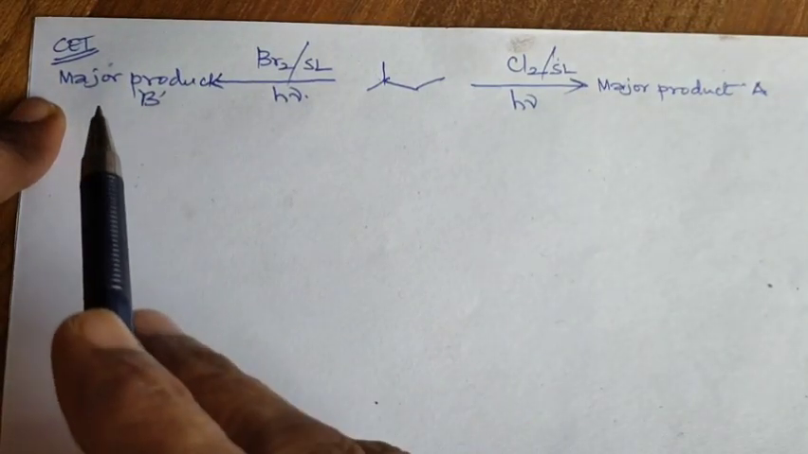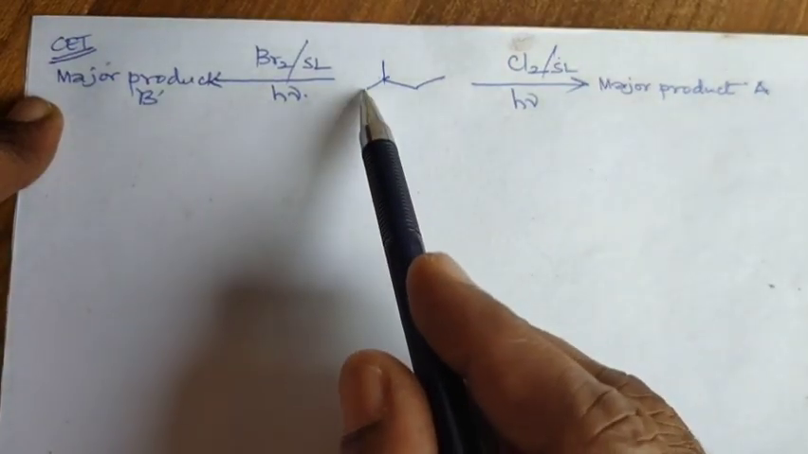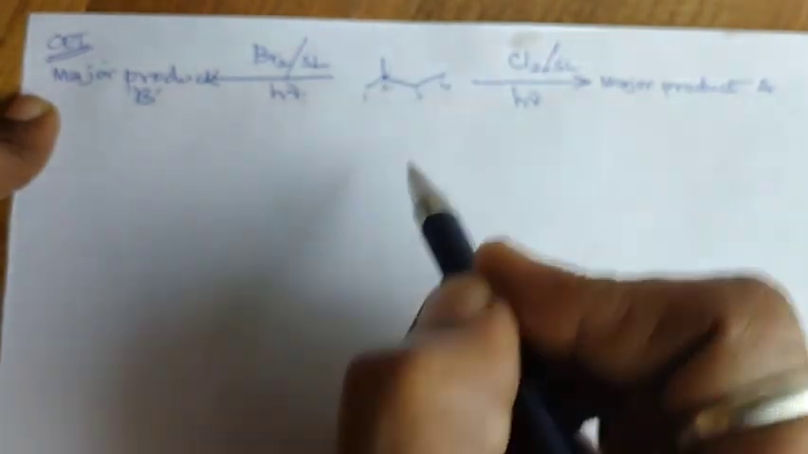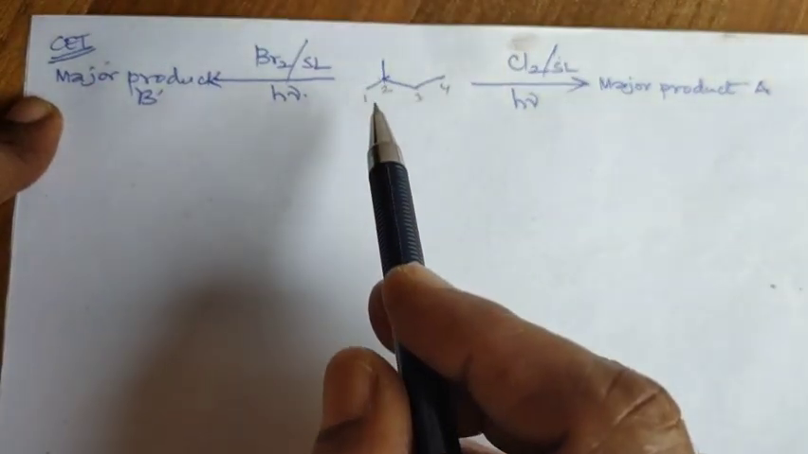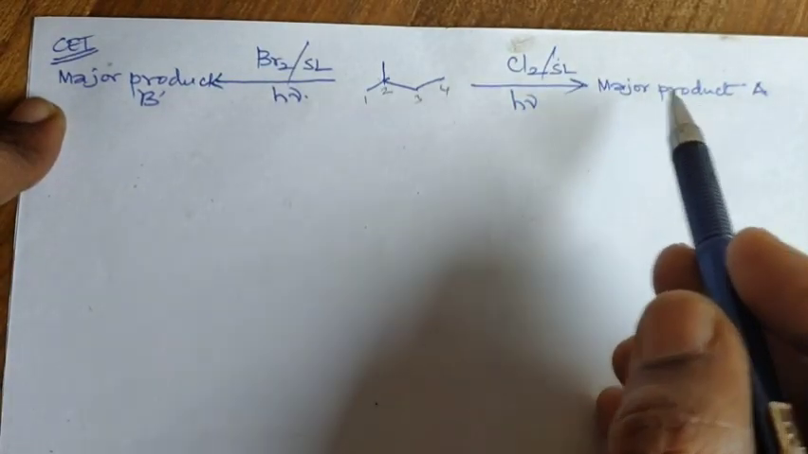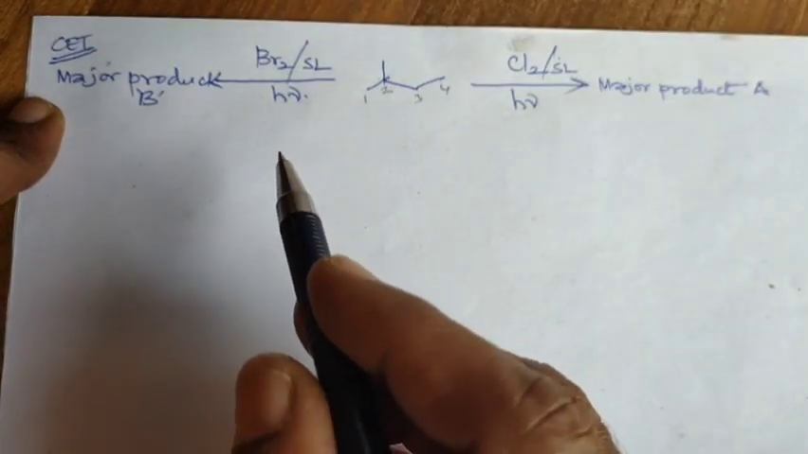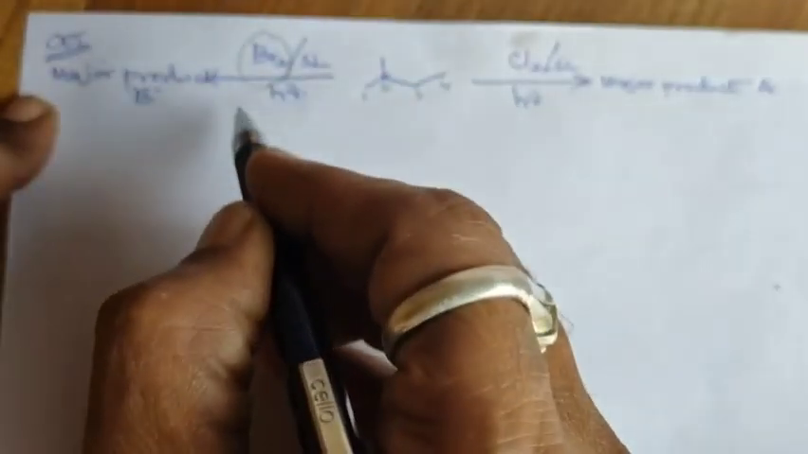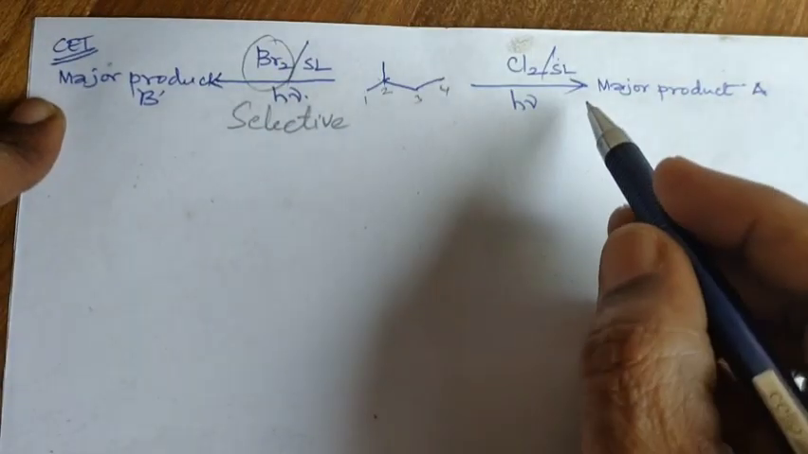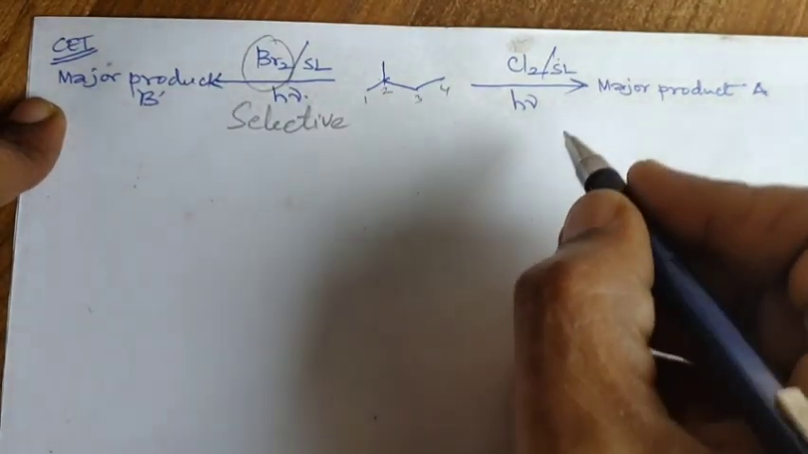Yes, this is the continuation of the previous class discussion. Here we have 2-methylbutane undergoing chlorination and bromination. The major product is to be taken. Bromine is selective, whereas chlorine is the normal one. And how do we take the answer? Yes, the products are,